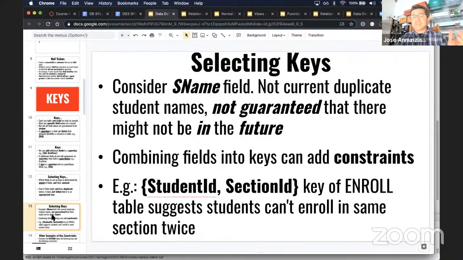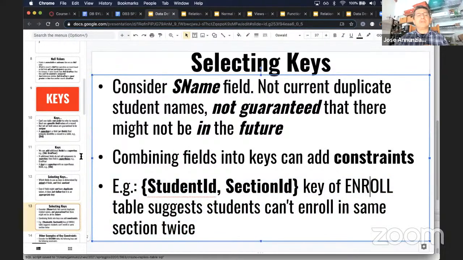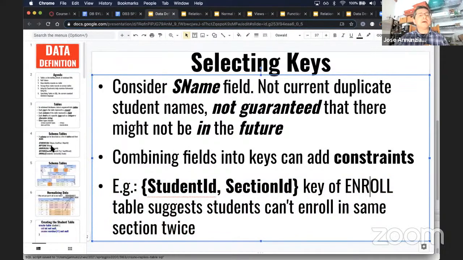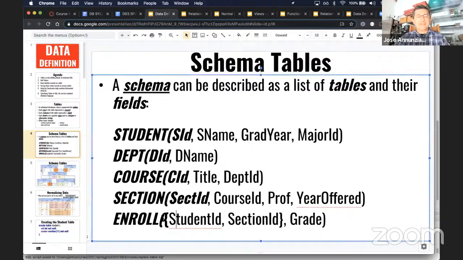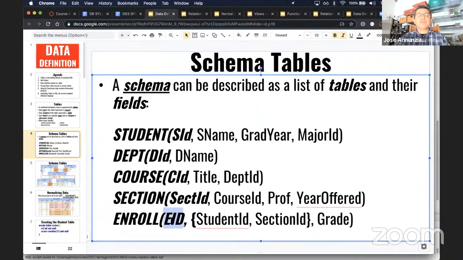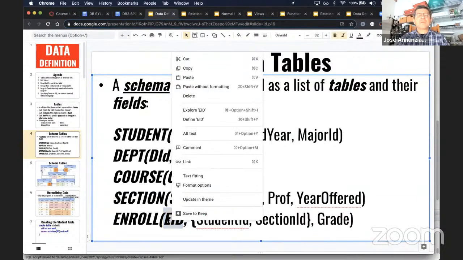I think that's a very reasonable rule. And how would you enforce that? Well, the way you could enforce it is in the enrollments table. I already did it. Instead of using the EID here as the primary key, you can remove that. Okay, you can